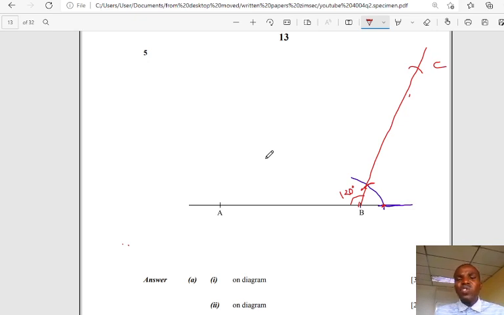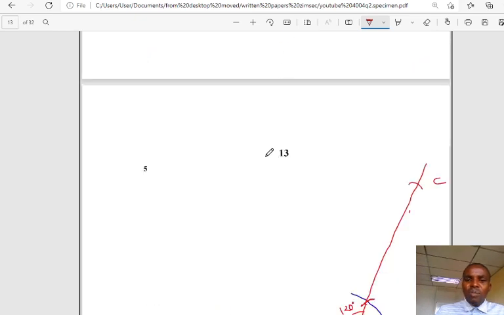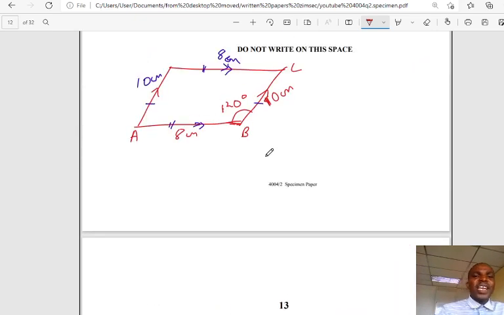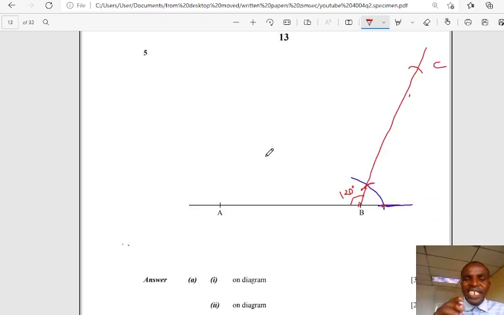Then the problem now is to find where D is. To find D is easy. You come up here, right? CD here is 8 centimeters. Then AD is 10 centimeters. So you measure 10 centimeters on your compass. Then you put your compass at point A here. Then you mark inside the quadrilateral like this. You put an arc like this. Then you go to